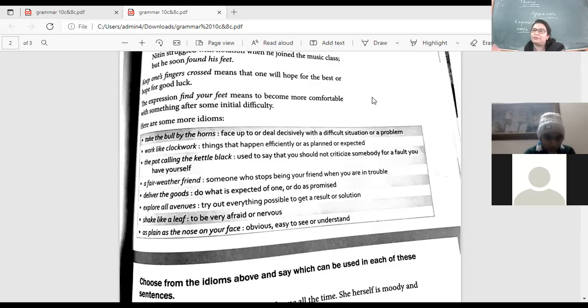जब अच्छा मौसम होता है, everybody comes outside to enjoy the weather. But when it rains, when it is stormy, when it is foggy, what happens? Everybody goes inside. Like that in life, it happens. So we see few people, right, who will be there with us in our troubled times. So fair weather friend: someone who stops being your friend when you are in trouble.